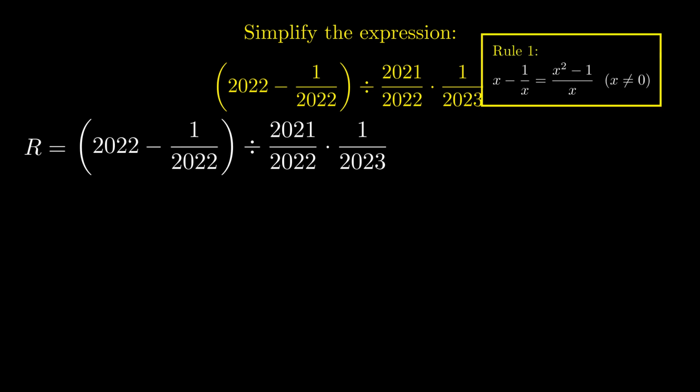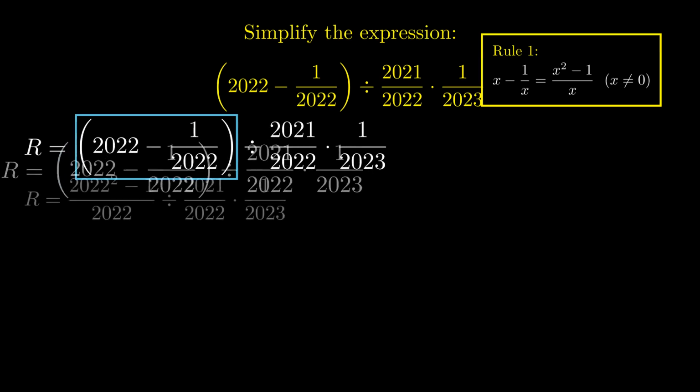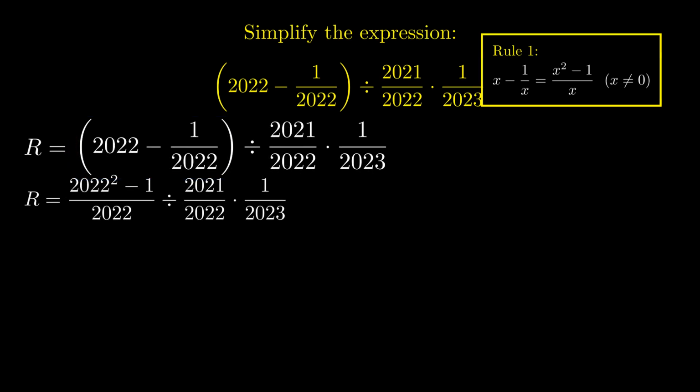First, we use the identity x − 1/x = (x² − 1)/x. Here, x equals 2022. We apply the rule to the highlighted part, replacing that difference. We obtain R equals (2022² − 1)/2022, divided by the fraction 2021/2022, and then multiplied